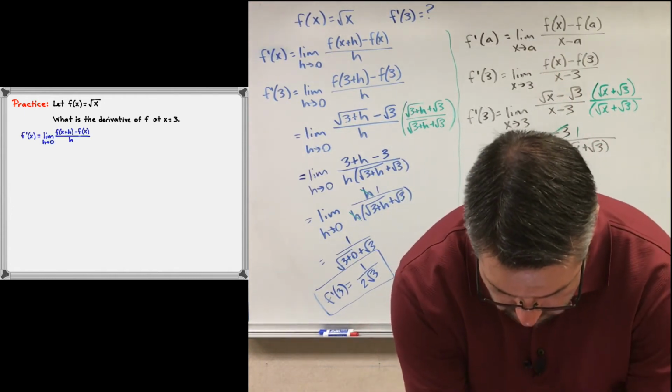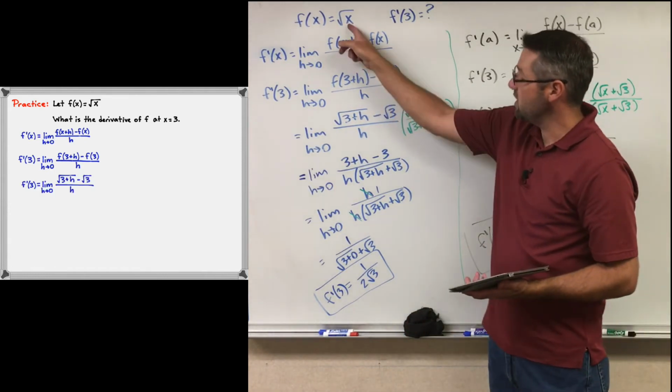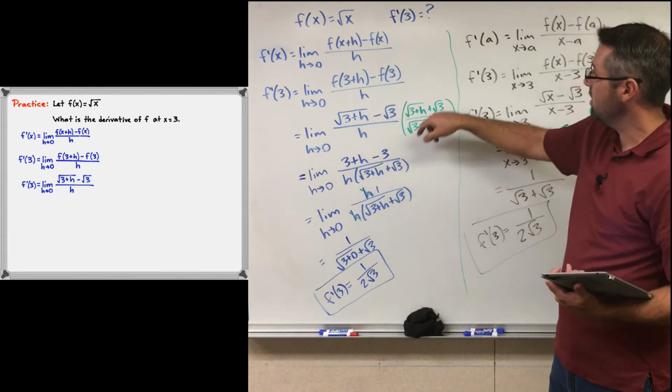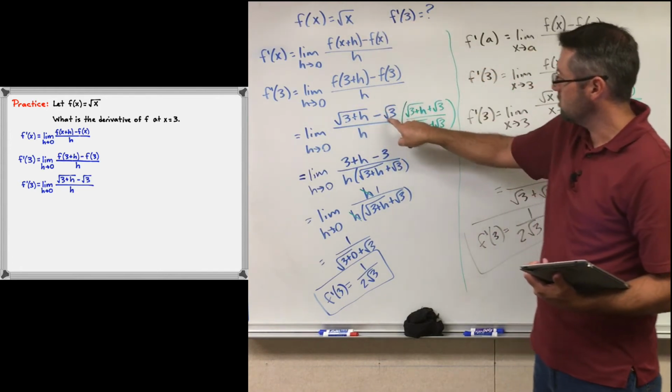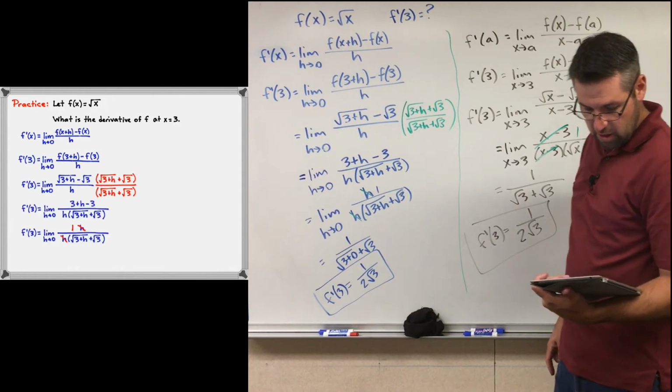All right, so just a quick recap. The first way, we are plugging in 3 plus h into our f of x function and putting that here. We're plugging in 3 to our f of x function and putting that there. And then we're doing the conjugate thing, simplifying that, plugging in 0